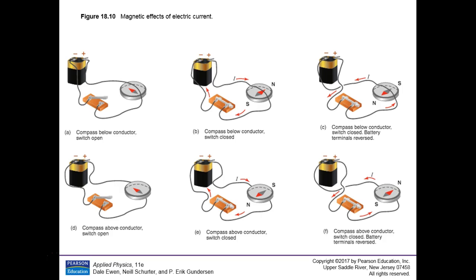Switch the polarity of the battery, so your positive side's here and your negative side there. So you change the thing across the top, right hand rule, there you're pointing that way again. So you see the field lines go around the wire. Anytime you have a moving charge, you induce a magnetic field.